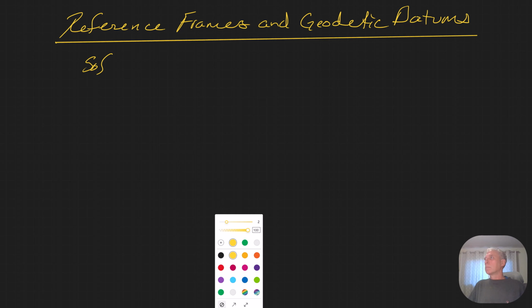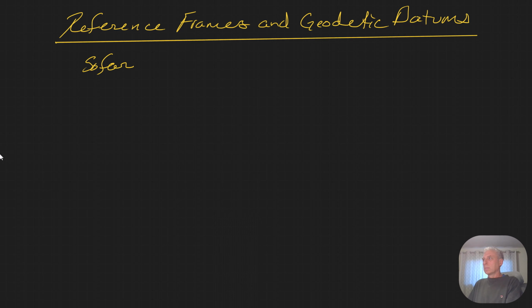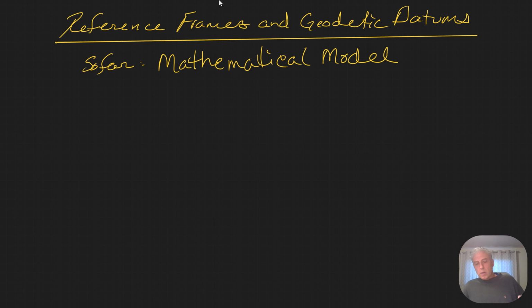So far, we've been talking about purely mathematical models, right? A mathematical model is a representation of data that is sort of a best fit to a mathematical shape or set of functions, wherein we can derive exact computations, right? So that would be something like the ellipsoid,